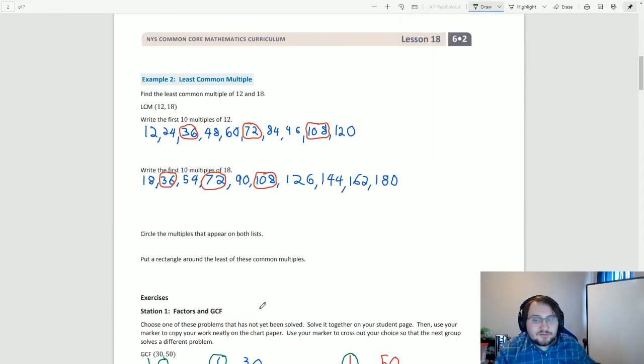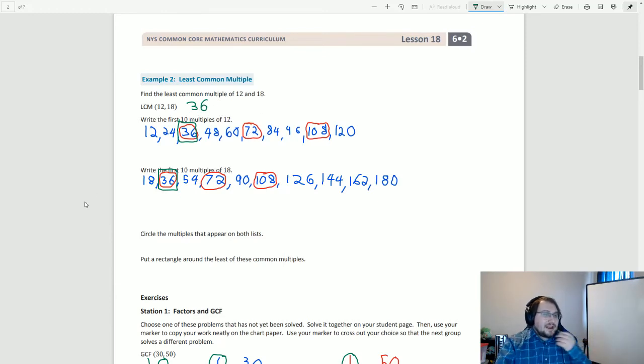Put a rectangle around the least of these common multiples. So we need to look at all of our common multiples and find out, well, which one's the smallest number? Well, 108's the biggest out of what we have here. Obviously, it would get bigger if we kept going. 72 isn't. 36, that's our smallest number. That's our least common multiple. So I'm going to draw a rectangle around this. And I now know that my least common multiple is going to be